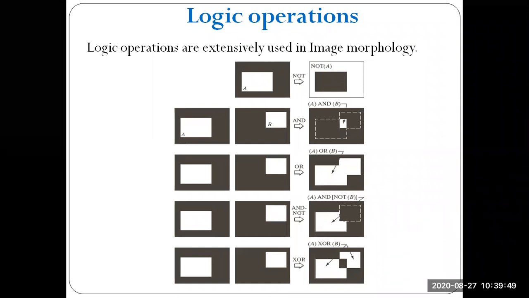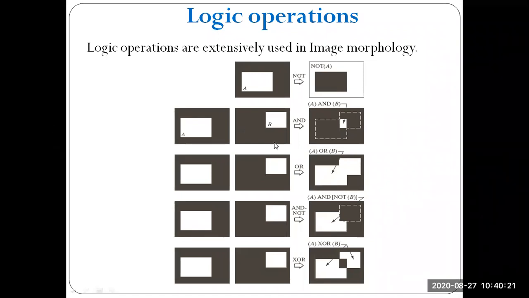So just like your set operations, here also there are logic operations. What is not A? Part A becomes black and the remaining part becomes white. In our original image, the considered set A is white but the remaining part is black. After operating the logic operation NOT, what happened? It is equivalent to reverse: white becomes black, black becomes white, like this.